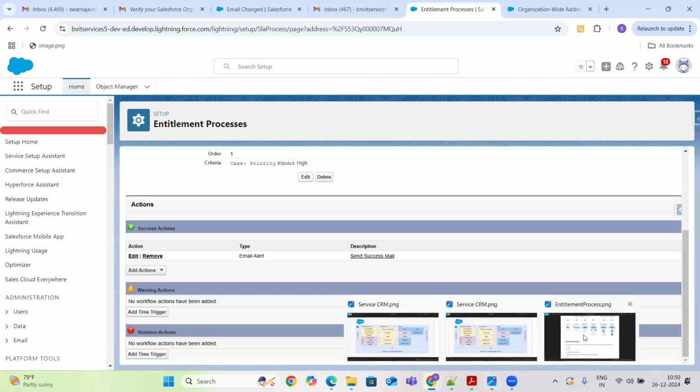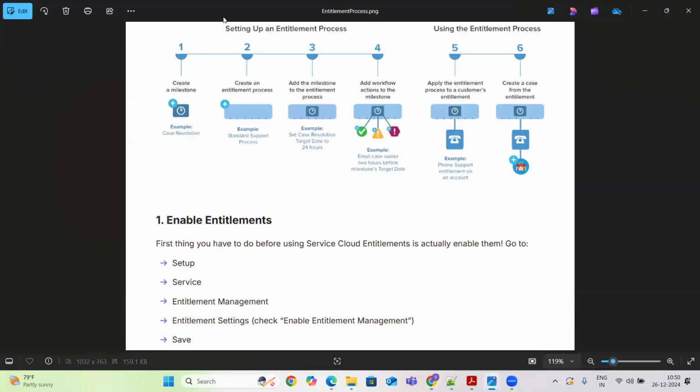So that is the major process of these four steps: creating a milestone, creating an entitlement process, adding the milestone to the entitlement process, and adding actions to the milestone. Any questions on these four steps?